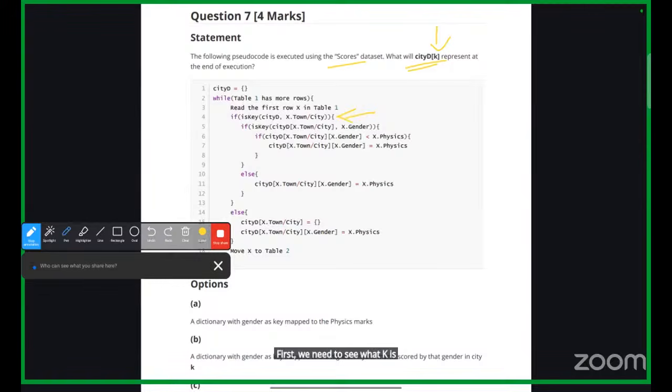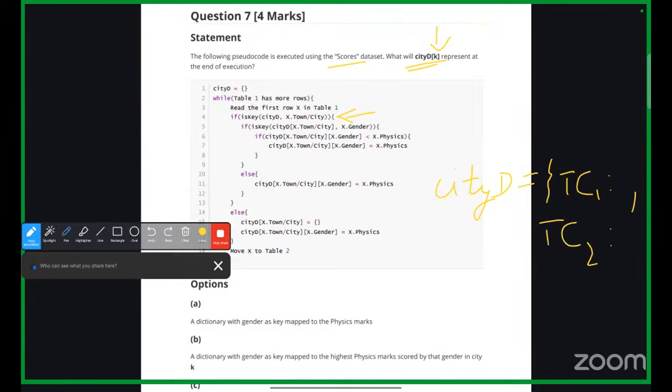In line number 4 we can easily see that CTD is basically a dictionary, and the key is town city. So I'll just write TC, and it will have some mapping. We will have TC2 and so on. Okay. So this is the top layer format. Then inside that we are checking gender. I'm writing the mapping for TC over here. We have gender,